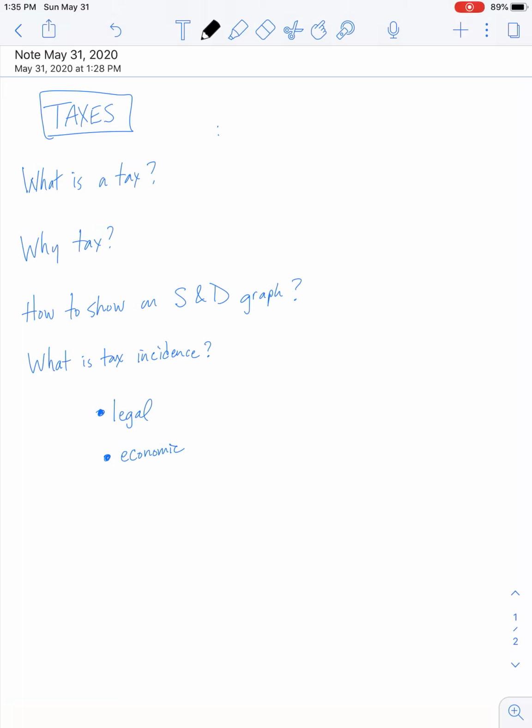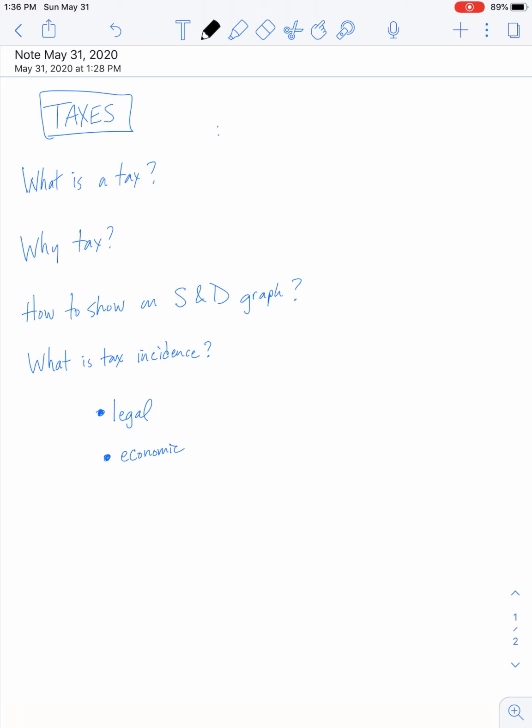All right, everyone, time for the introduction on taxes. So, first question, what is a tax? Since I can't hear anyone answering, hopefully you are thinking to yourself, but basically this is when the government adds a charge on top of something, some transaction that's already taking place. And why would they do that?